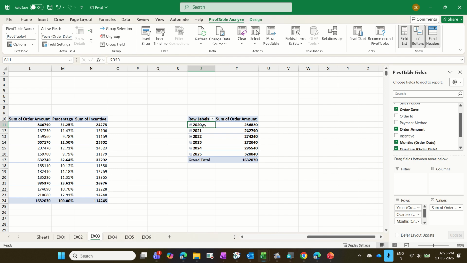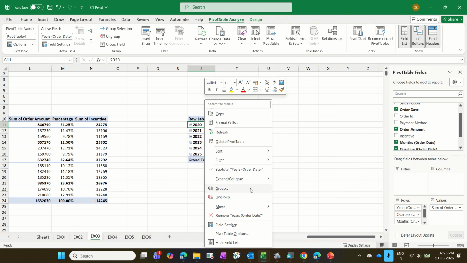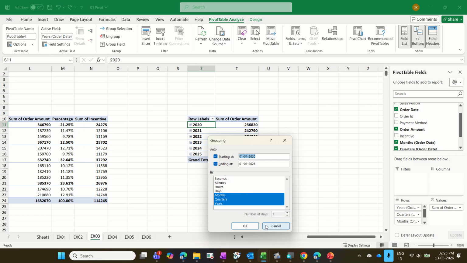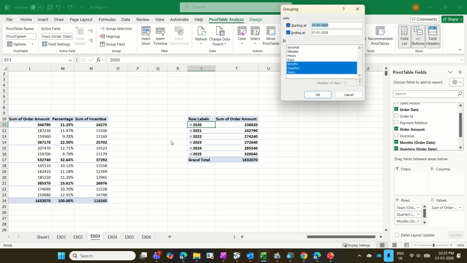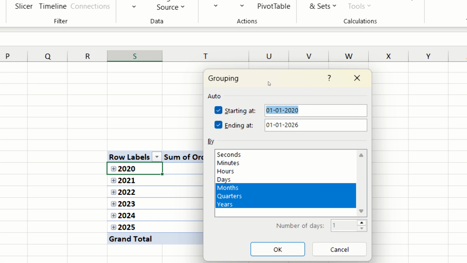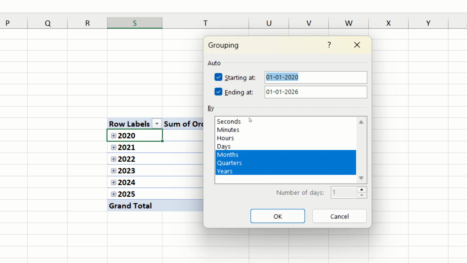So right click, both will land into the same area. Right click group, it's landing here. Alt Shift right arrow, same screen. Both are the same screen. Now it's asking what report you want, whether you want it seconds wise,